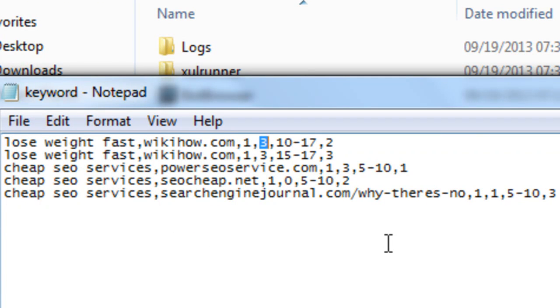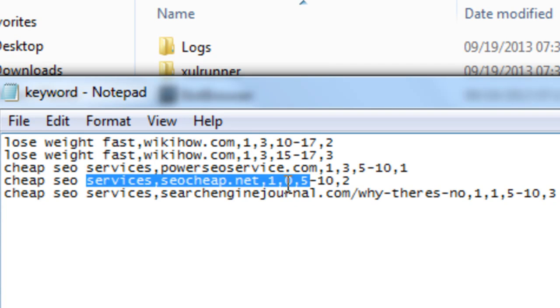If this is your own website, then you would like to make at least 2, 3, 4, 5. You can specify any number, but I recommend only 3 to 4 is good enough, so as to reduce the bounce rate of the website. And if it is not your website, then you can just pick 0 there, like this. Here I have 0 or just 1. If you have just 0, then the bot will go to this site, make a visit and come back, right?